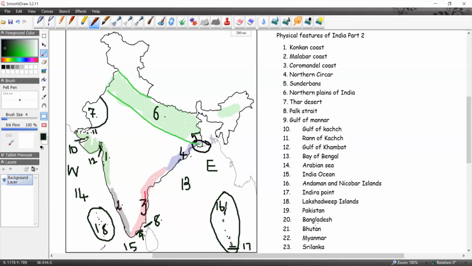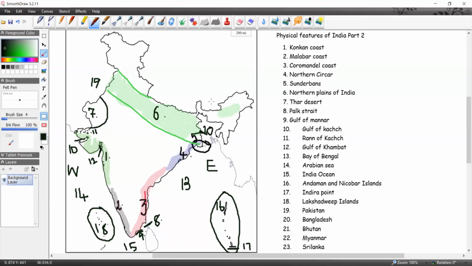Pakistan, the neighboring country of India, Pakistan. It is in northwestern part of India. So this is Pakistan. 19. And Afghanistan here you have, and a very, very small portion. India shares a minimum border with Afghanistan, and it shares maximum border with Bangladesh. And here you have a very small portion, Afghanistan. Okay. 19 is Pakistan and 20th is Bangladesh. This is Bangladesh.